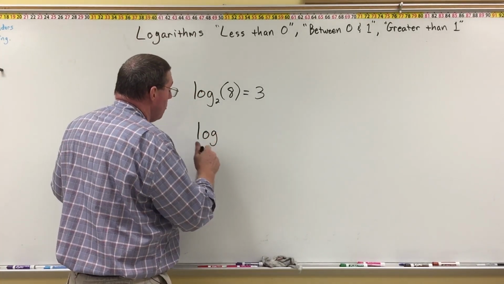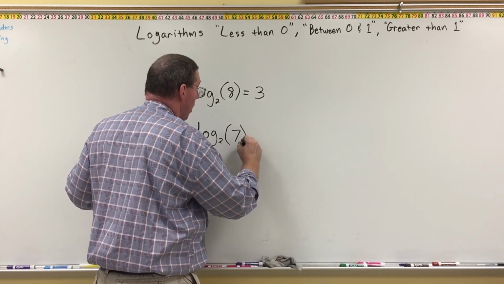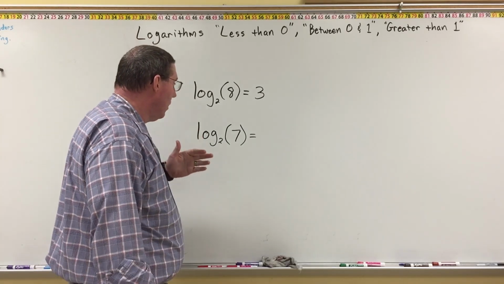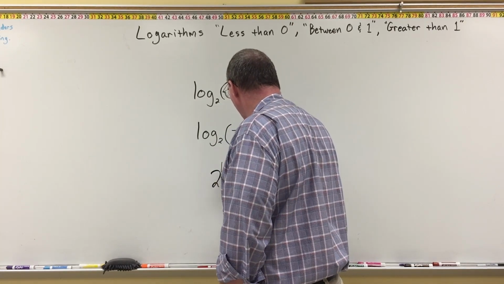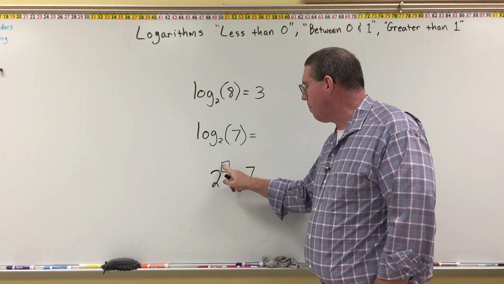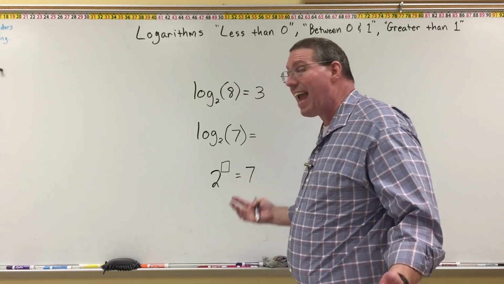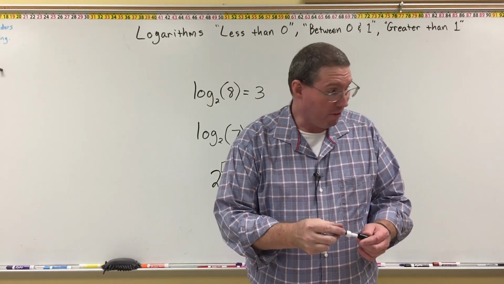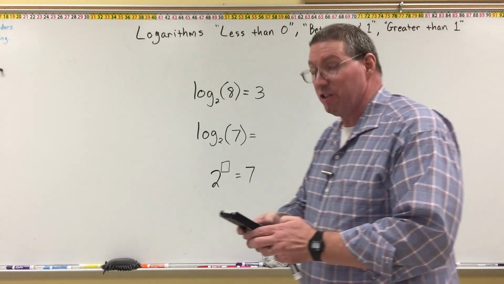So let's say that we have log base 2 of 7. Log base 2 of 7. Well, that means that 2 to some power is equal to 7. Well, we know that 2 to the second power equals 4, and 2 to the third power equals 8. But for 2 to the something power equals 7, you'd have to take a calculator. Here, let me grab a calculator over here,